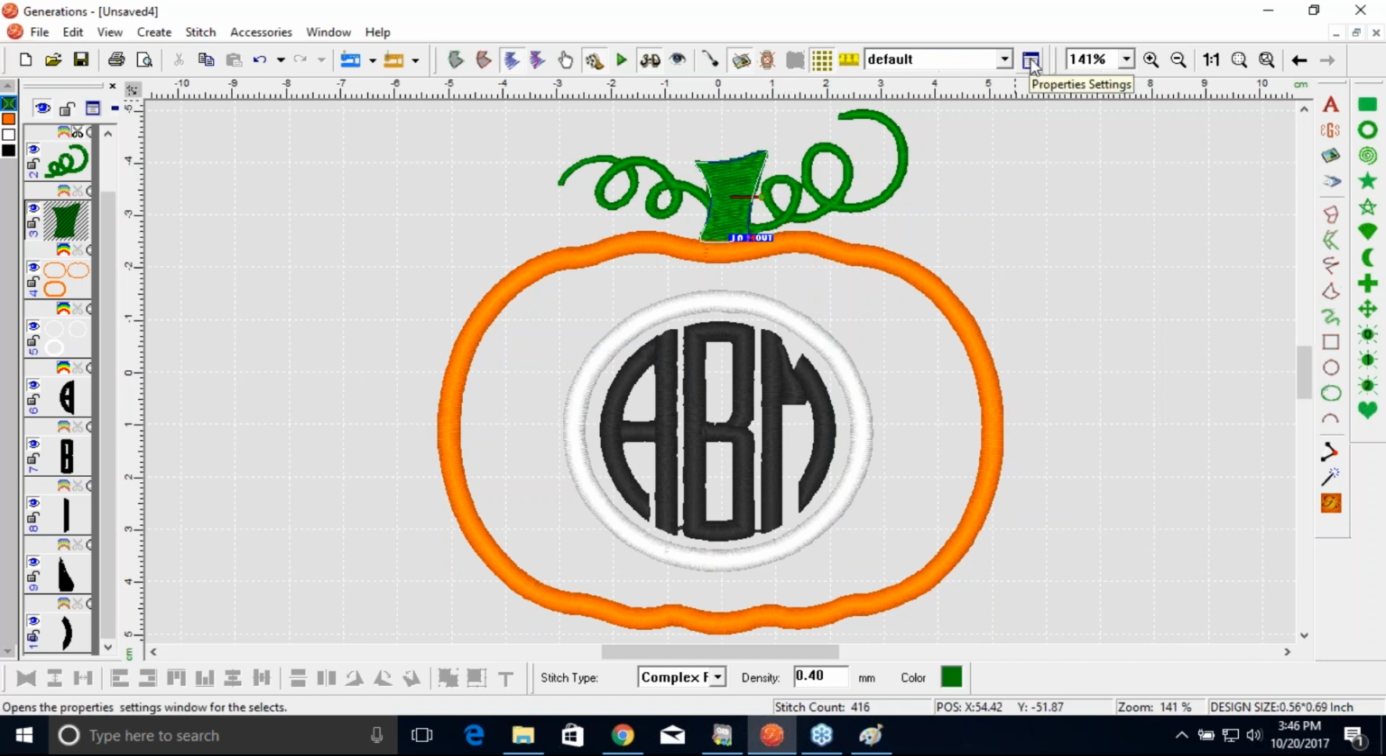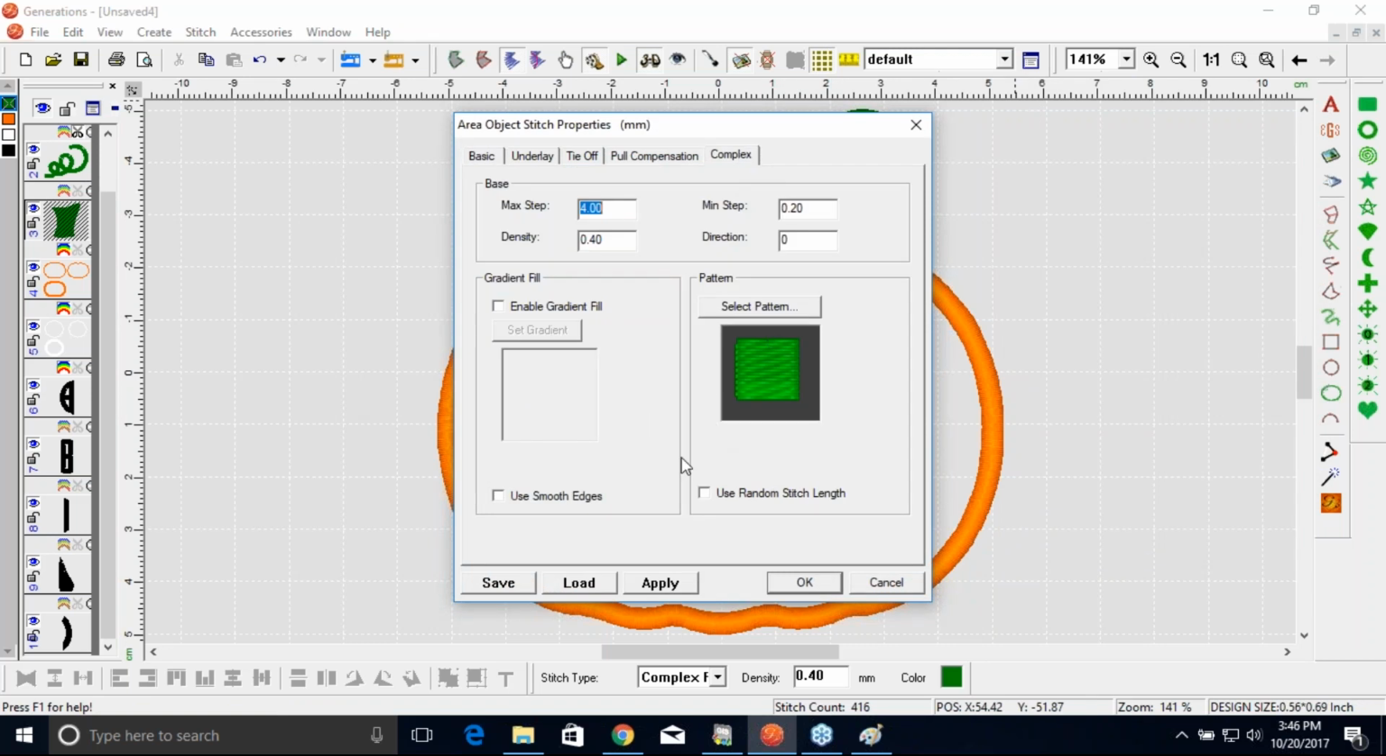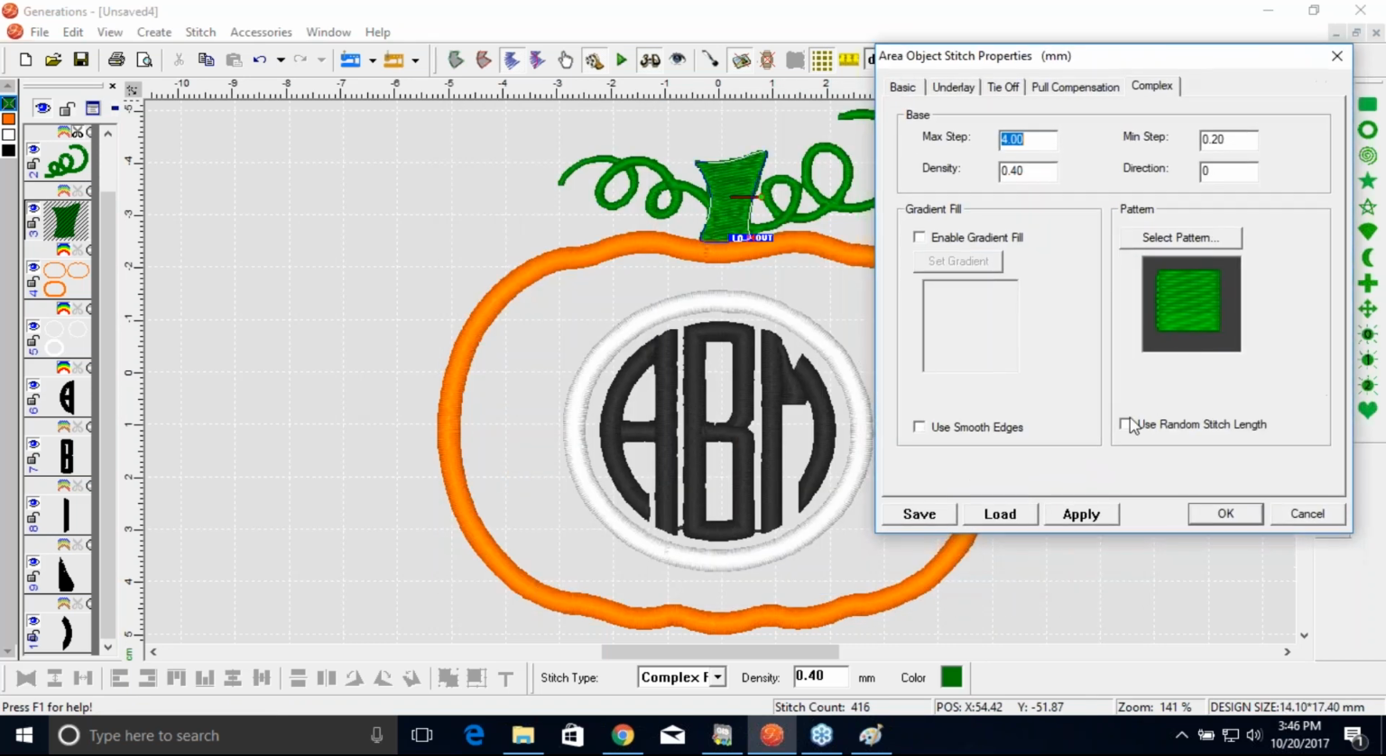I want to do one more thing. So I go back into the property settings, go to the complex fill, and this time I'd like to use a random stitch length. With my random stitch length, I'm going to extend the maximum stitch length to about 6 millimeters and take the minimum stitch length to about 2 millimeters. I'll hit apply, and when I hit apply, I can see